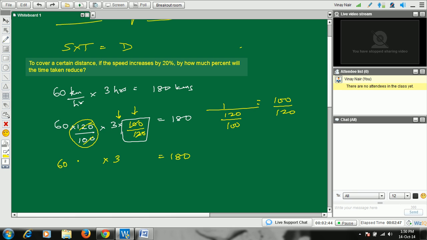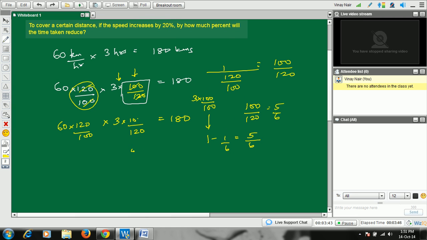So now the speed has increased by 20%. So by what percentage will the time taken reduce? The time taken has become 100 by 120 of 3. So what is this 100 by 120? It is nothing but 5 upon 6. Earlier it was 100 by 100, that is 3 times 100 upon 100. That was the time when it was 100%. So now it has become 5 by 6. So earlier it was 1, now it has become 5 by 6. So it has reduced by 1 by 6, and the resulting time is now 5 by 6 of the earlier time,